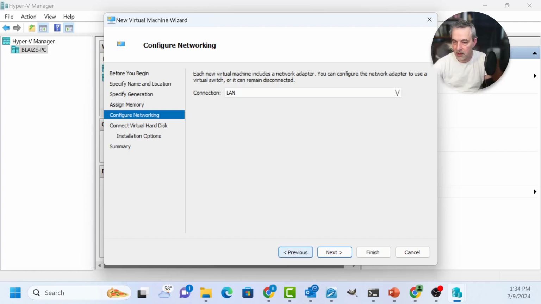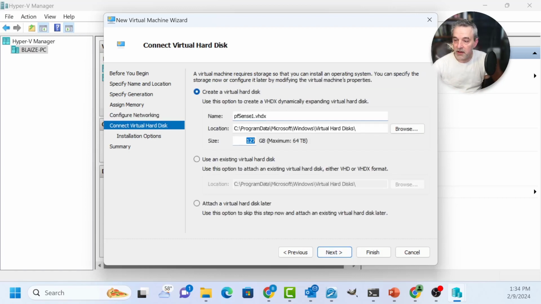We'll talk about these in a minute, because we're going to completely reconfigure the network anyway. So just take a default there. For the disk size, you can use 32 gigs of storage for a more basic setup with